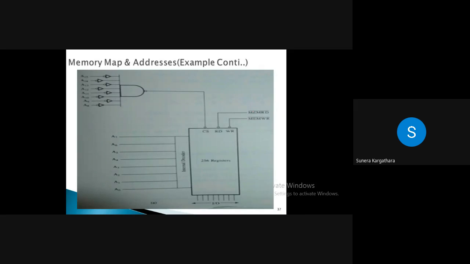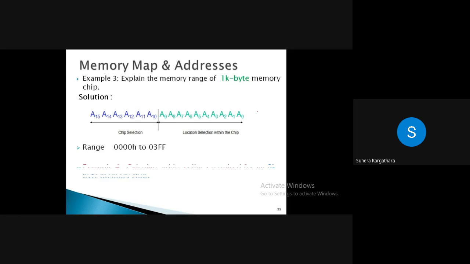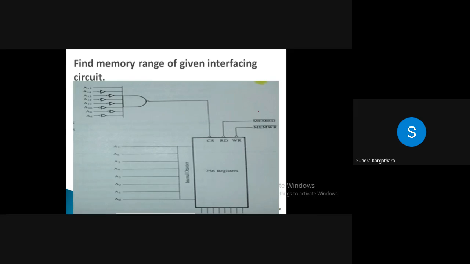Suppose if I say that I want to connect memory with my microprocessor, depending upon RAM or ROM, I'll connect those pins with my microprocessor, and the remaining lines you can use to select a chip. Now student, if I say A8, I am using A0 to A7, a total of 8 lines, to address 256 different memory locations in this example. What about the remaining lines? As we discussed, we will use them to get our logic.